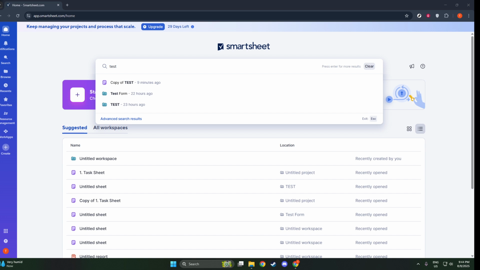So that's it. Using the global search in Smartsheet is straightforward, yet incredibly beneficial for maintaining productivity and organization. By leveraging this tool, you're empowered to manage your projects with enhanced efficiency, allowing you to focus more on what truly matters: